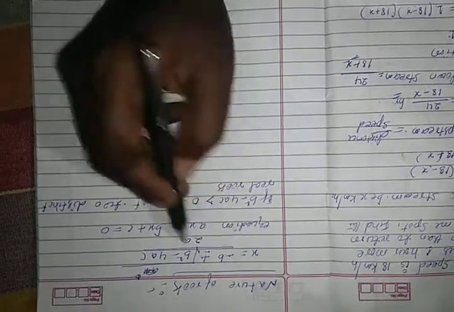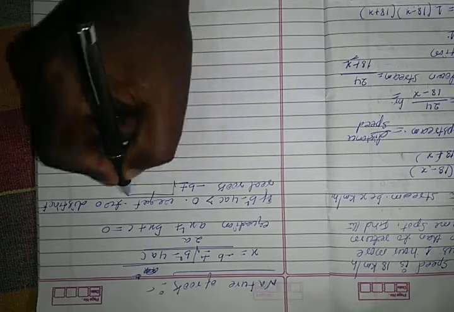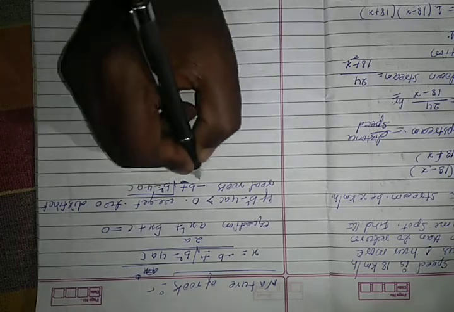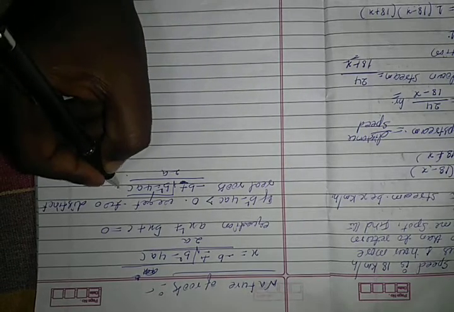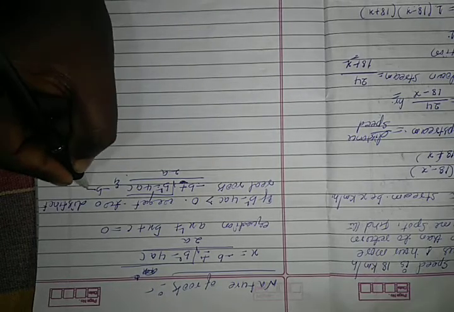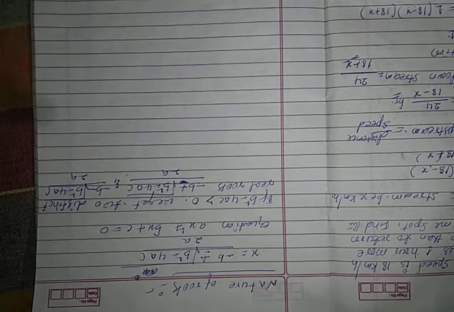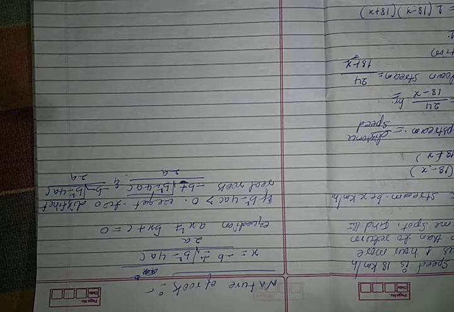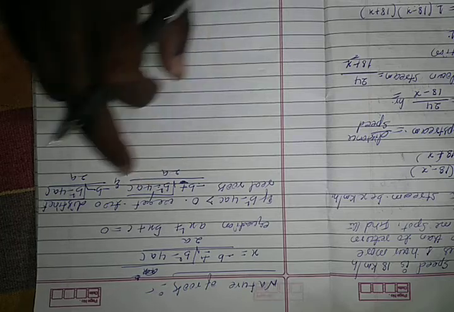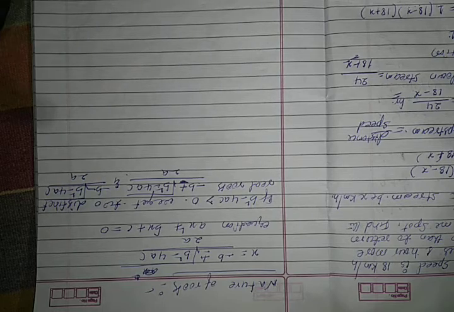That is, we already know minus b plus or minus square root of b square minus 4ac, whole divided by 2a. This is one root, and the other one is the same with minus b, and here we put minus square root of b square minus 4ac, whole divided by 2a. So if b square minus 4ac is greater than 0, we get two distinct real roots.